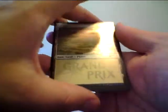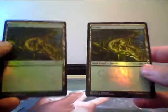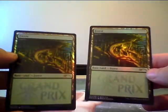And the rest of these are just promo lands that I picked up. So I got Grand Prix promo Plains, Grand Prix promo Mountain, and then 2 Grand Prix promo Forests. Oh man, now you see them. Unfortunately, I didn't get any Swamps or